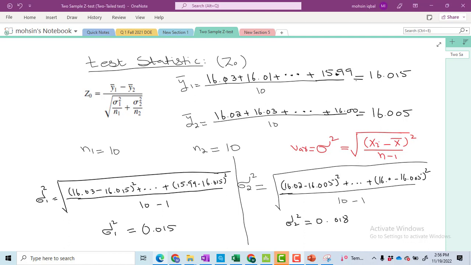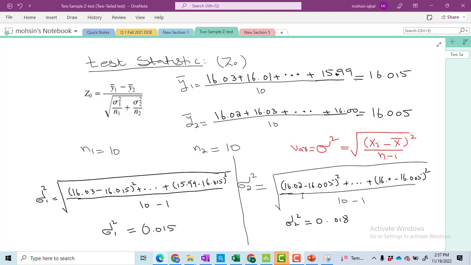Likewise, I have written the first observation 16.03 minus 16.015, where this is the mean value, bracket close, then plus, three dots, plus, then the last value 15.99 minus 16.015 whole square. But you will have to do the same for all of the observations